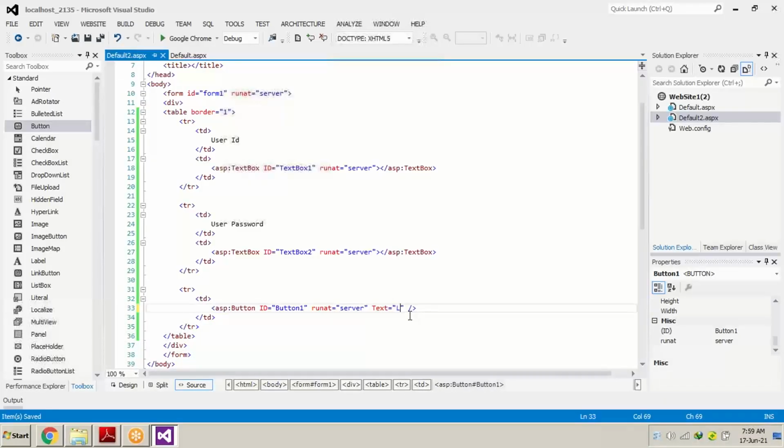The text is BUTTON. We can write LOGIN in the text. If we write text, that means we have changed some property of this button. Okay, we will save it and refresh the page. And here it goes. The button text has been changed to login.